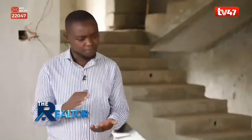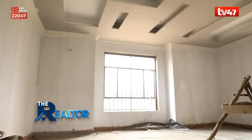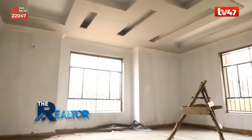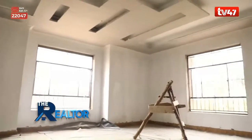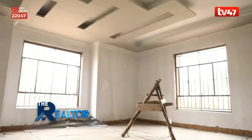All right. Something about constructing maisonettes, we have a floor above us. Traditionally, we will just plaster the ceiling, but in this case, I can see gypsum attached to the slab above us. How does that work? Okay, aesthetically, with gypsum you can do any design. So that's why we advise our customers. If you need something better in the sitting room, for example, that's why, during the initiation phase,